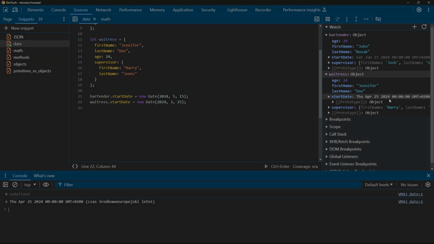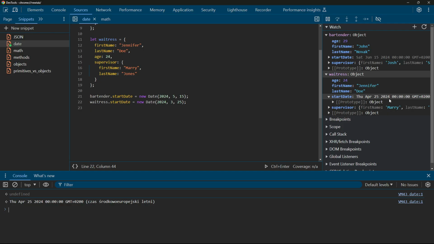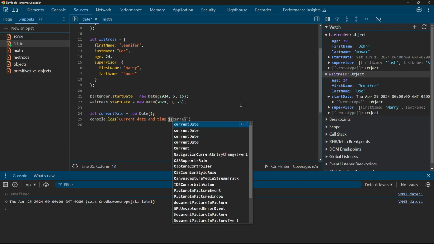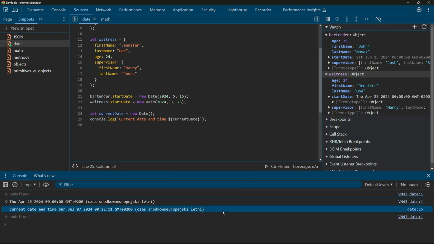2024. We can get the current date and time by creating a new Date object without any arguments. Current date equals new Date, and then if we console log current date, we get the current date. We can also use various methods to get individual components of a date, such as the year, month,